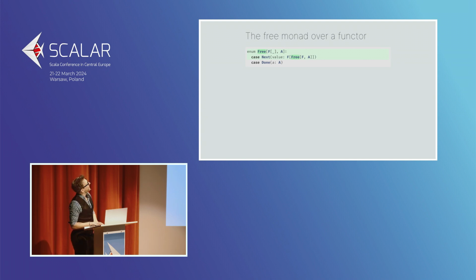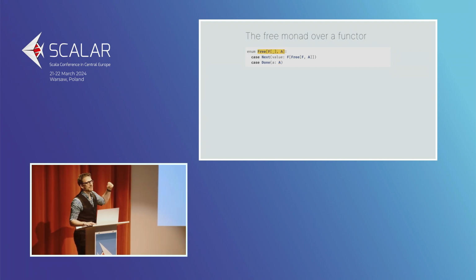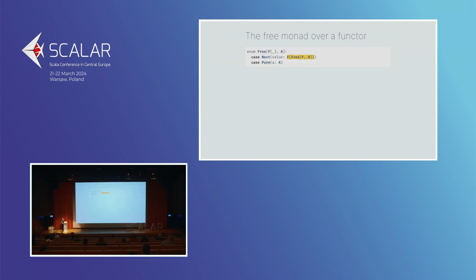We're not done with the renaming here. I want to show you something more. Done here takes an A, lifts it into our monad. That is exactly pure, isn't it? So that constructor is not called done, it's called pure. That constructor, next, takes nested f's, removes one layer of f. Have we seen that before? That happens to be flatten, so we're going to call that flatten.